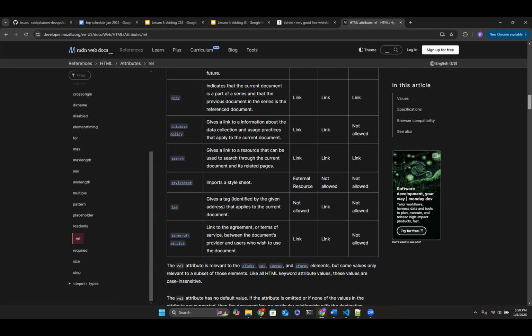Off your memory, how about just linking a JavaScript file as opposed to a CSS file? Yes, that uses a different tag, not a link tag, but a script tag. And we'll be talking about it today. No worries, Jason.